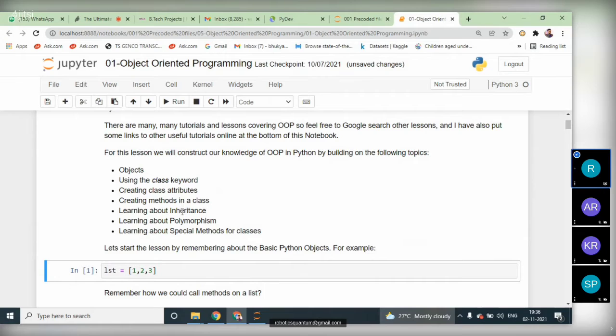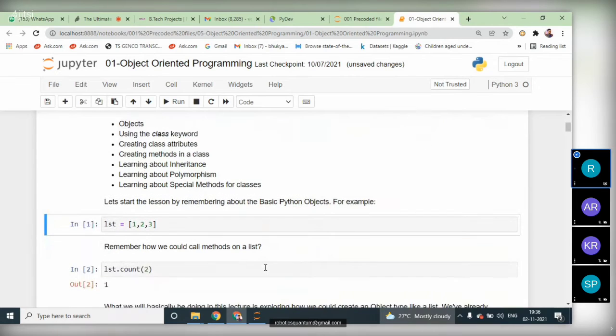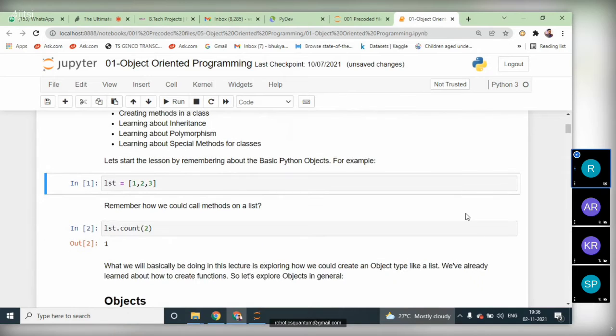We'll also learn about inheritance, polymorphism, and some special methods for classes, like static, class and instance methods.